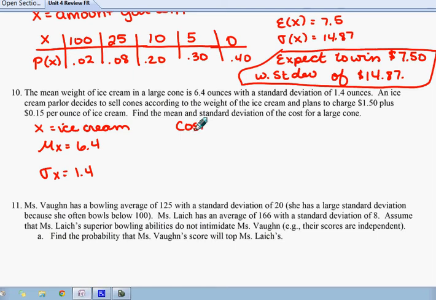Cost is going to be $1.50 plus 15 cents per ounce. So the expected value,